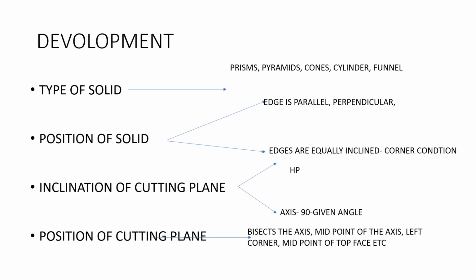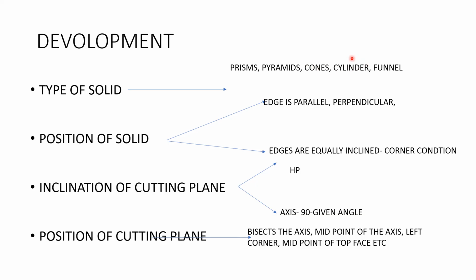And the last one is the development of lateral surface of the solids. So this is a little tricky problem, where you need to read the problem and extract the data. In that one, to identify how exactly we need to go with the problem, we have some 4 categories, and normally we say 3 steps in order to identify the problem. So one is the type of problem. What type is it? Either it's a prism or a pyramid or a cone or a cylinder or a funnel. If it is a cone, you need to remember the formula R divided by L into 360, and that is the sweep